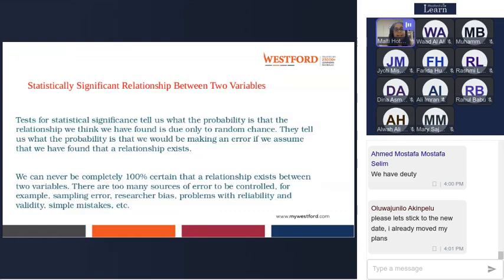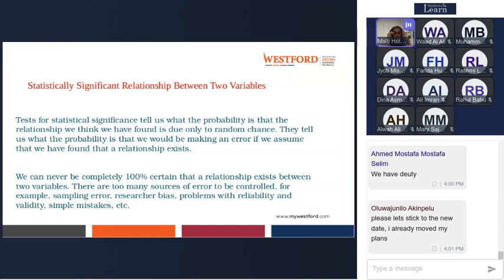Okay, then after you test the correlation, you will test whether it is statistically significant or not. Once you do it, you are still not certain, right, because there are errors. If you remember, as I had told you, there is applied research and practical research. In practical research you do the study, and in applied research you actually apply the test results.